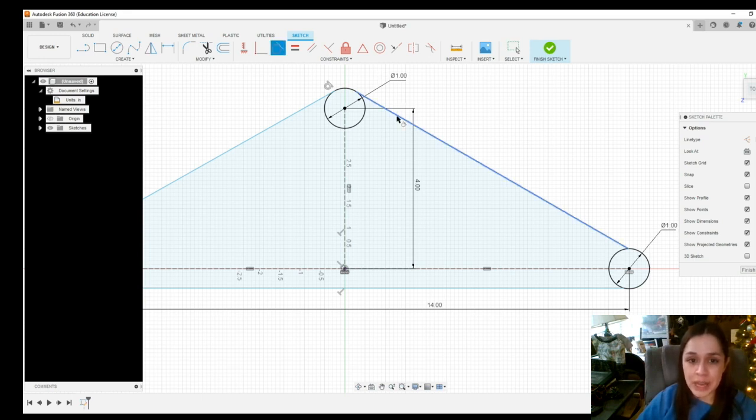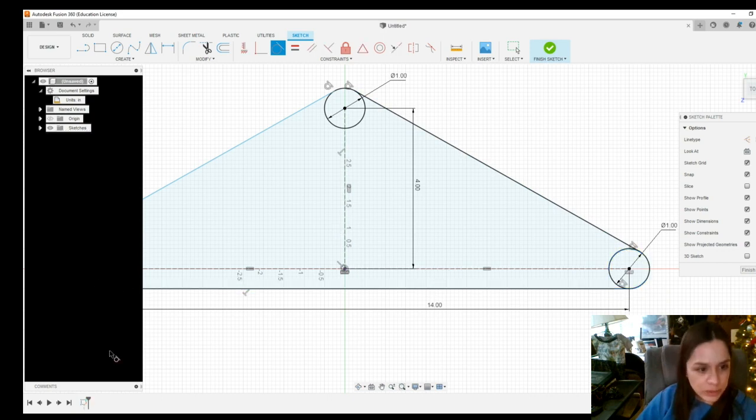So I'm going to left click on the line and then the circle. Left click on the line, make sure you're left clicking and let go. So left click on your mouse key and let go, left click on your circle and let go, and then just do that same kind of rhythm all the way around until all your